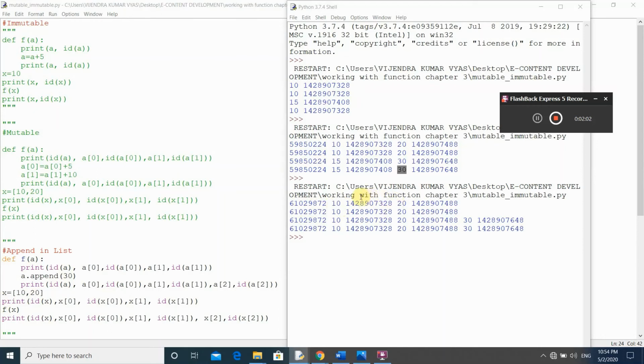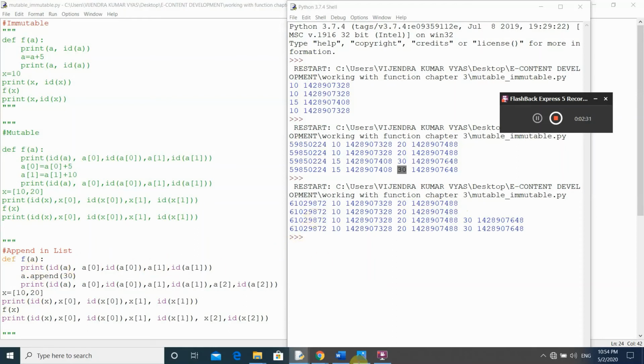The address of x of 0 is 1428907328, and the value at x of 1 is 20, and the address is 1428907488. Now when we call this function, it goes to the body part, and here it will print these values.